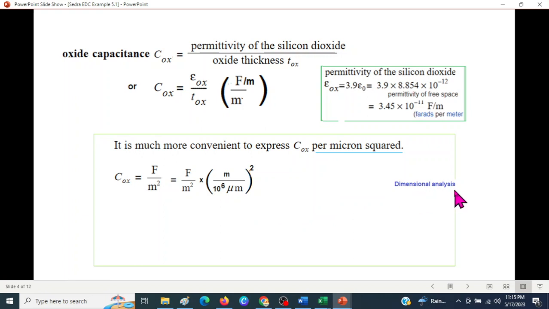So we'll use a technique of dimensional analysis. I hope you have learned it in your classes. We want to eliminate M, rather M square, so we write M here and outside is the square, and 1 meter is equal to 10 raised to the power 6 micrometer. So now M square will get cancelled, and the value that we will get is